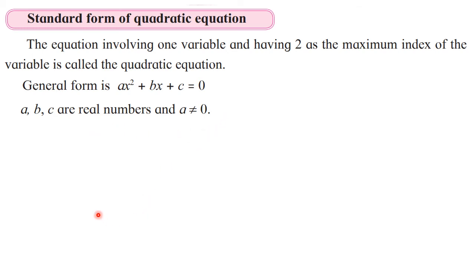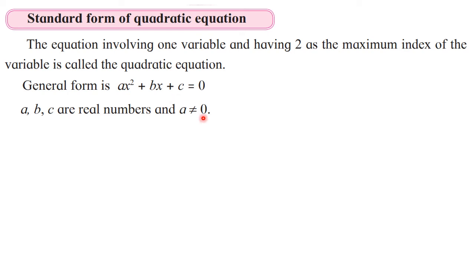Okay. So for the linear equations, the general form is ax plus by is equal to c, which we have seen. There also we have a, b, c. Here also we have a, b, c. Okay, but the meanings are different. Here the general form of quadratic equation is ax square plus bx plus c, where a is coefficient of x square and b is coefficient of x and c is a constant term. There a is coefficient of x, b is coefficient of y and c is constant term. So try to differentiate these two things, the linear equations and the quadratic equations.